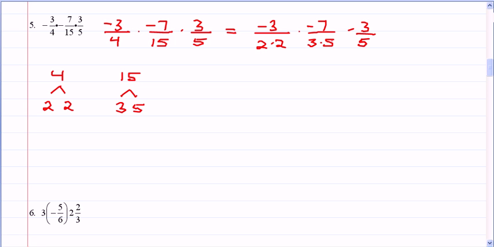And when you cancel, you can only cancel diagonally. So this 3 will cancel with this 3, but these 5s do not cancel because they're not diagonal to each other. So what's left is negative 1 times negative 7 times negative 3, or that's just 3,